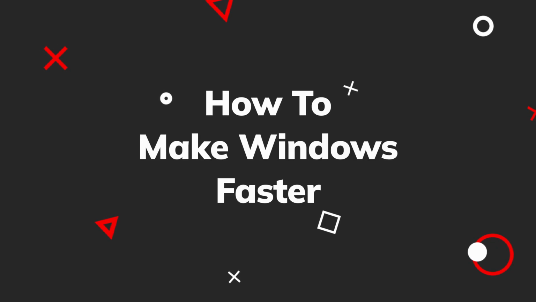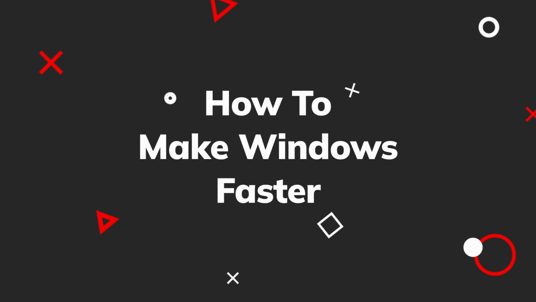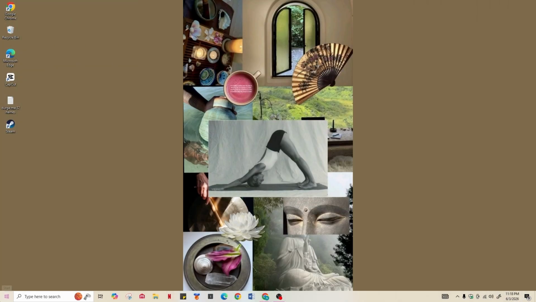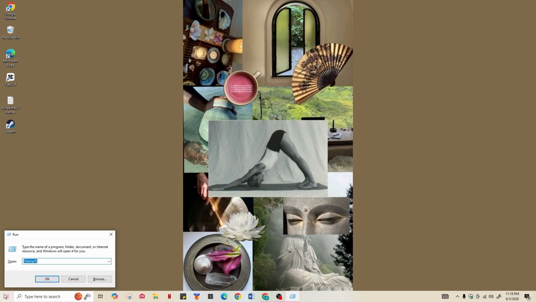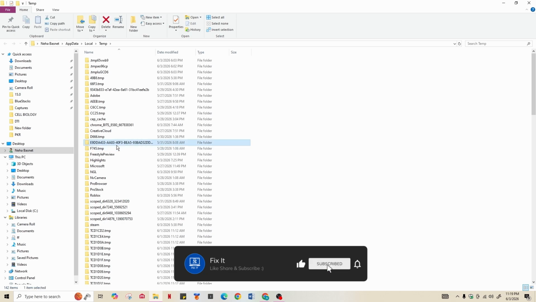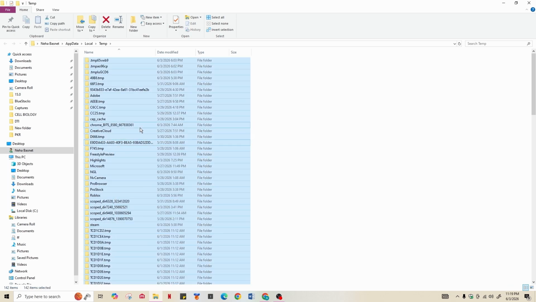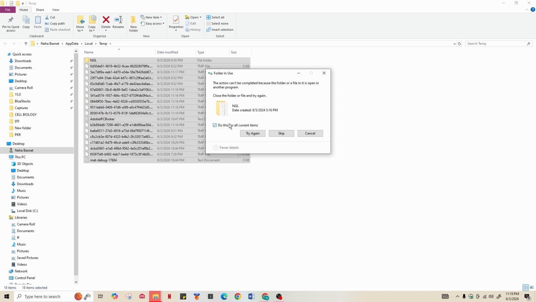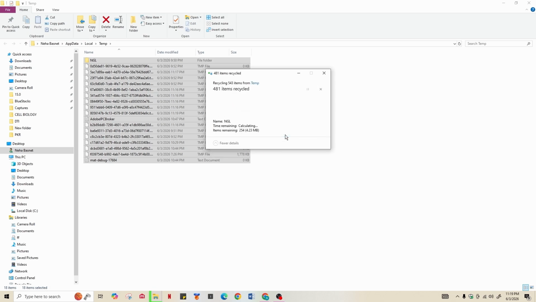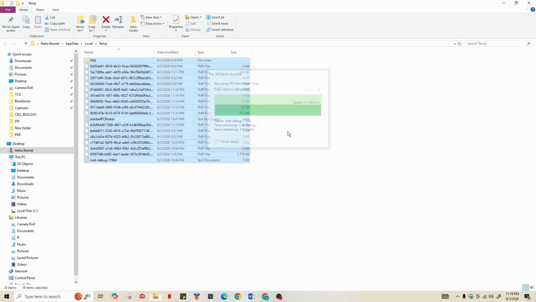Here's how to speed up your Windows computer. So first, go ahead and open the run command on your computer. Type in %temp% and hit enter on your keyboard. Select Ctrl+A on your keyboard, right-click on it and select delete. Check the box of "do this for all current items," tap skip, and this will delete all the temporary